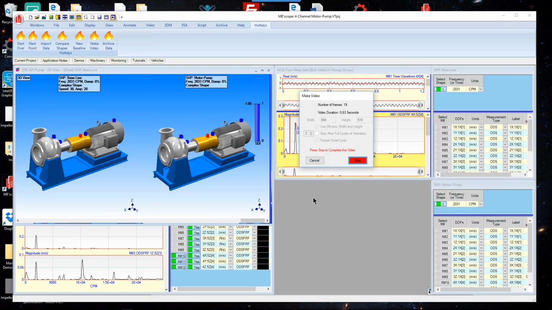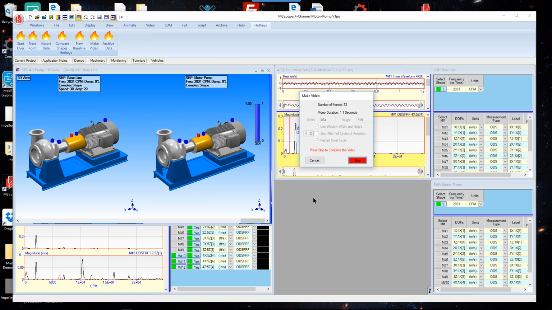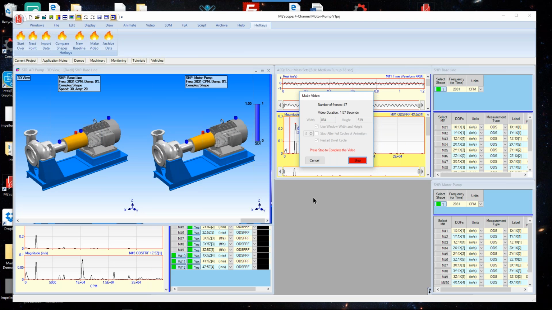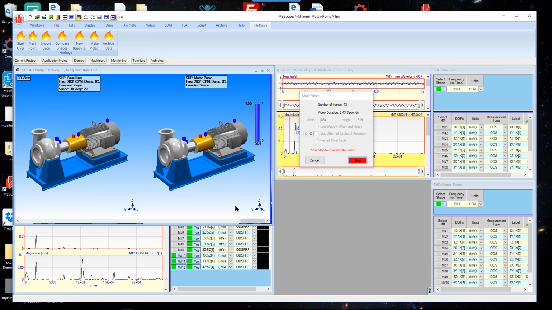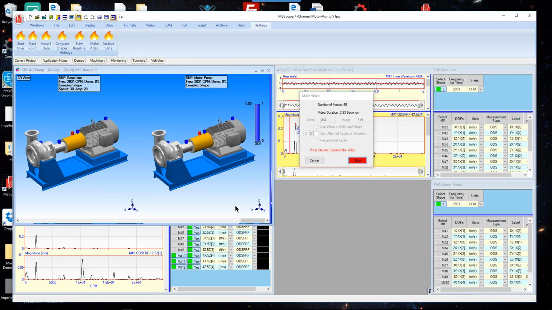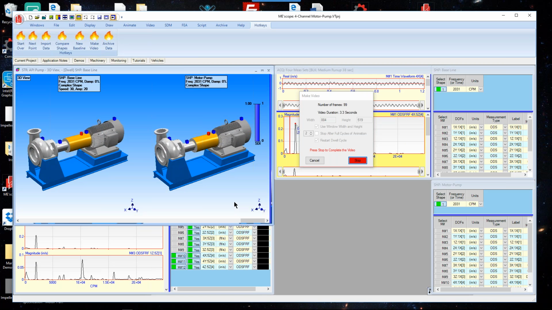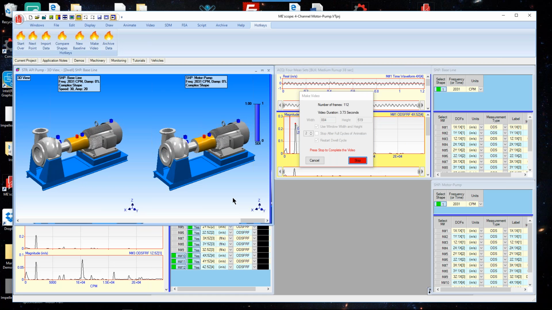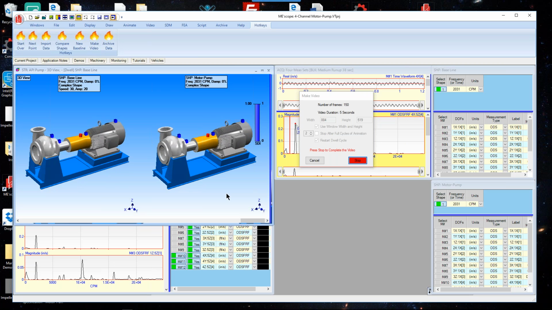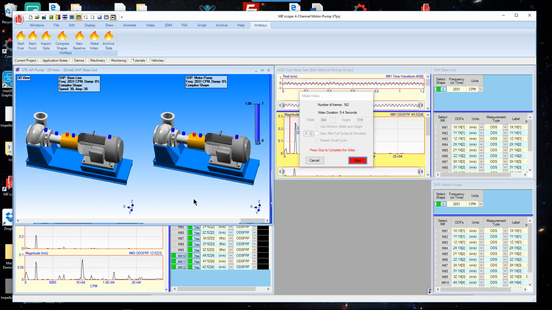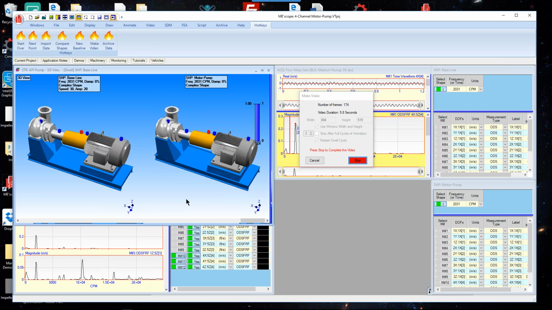So this is the way that we think will be used in the future, more to record the condition of a machine. And we don't have sound added to the video yet, but that's the next step here at Vibrant, to be able to document a machine's condition with an animation like this. And I can interact with it. I can change